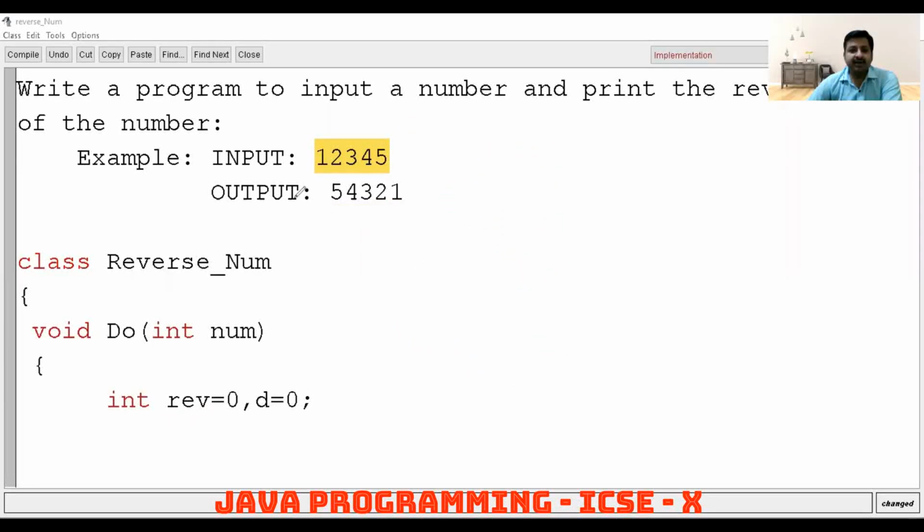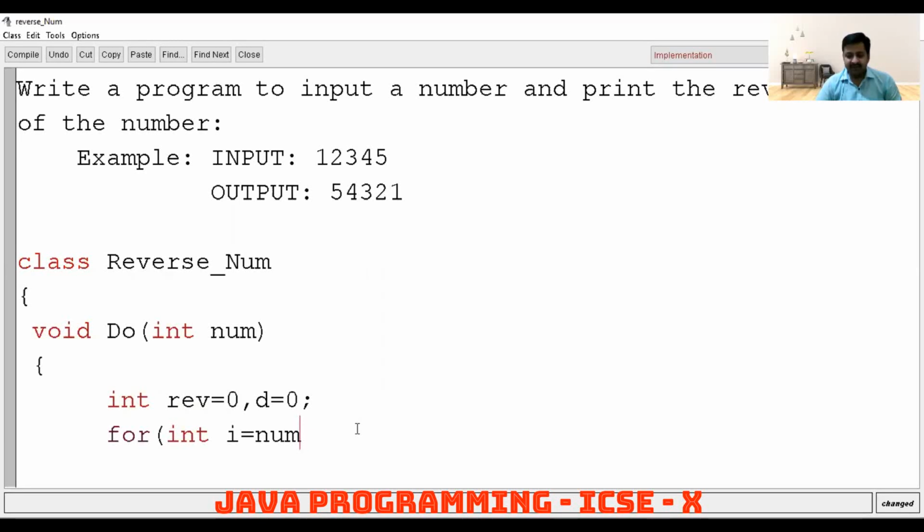Now let's see the program over here. We had already declared to extract the digit d equal to 0 and to store the reverse rev equal to 0. Now we will execute a for loop over here and declare a variable inside the for loop, int i, and initialize num into that.